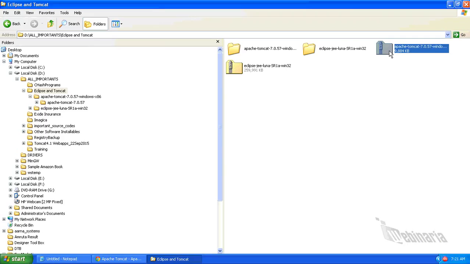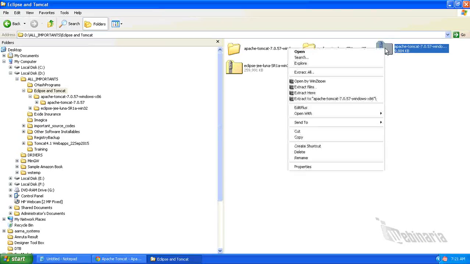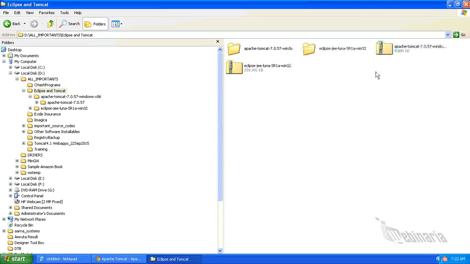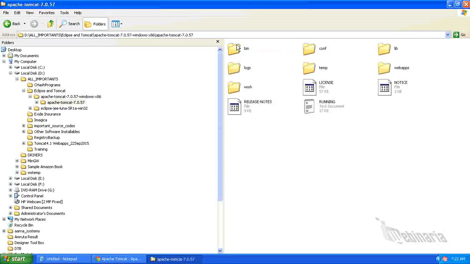So once you download this, you need to unzip the zip file. You can say extract all. So this will unzip the zip file. Once you do that, it will create a folder, and this is where it will install the Tomcat, which I have already done.